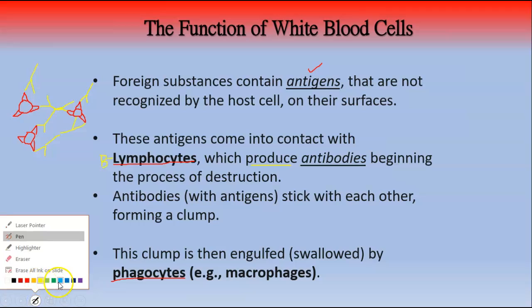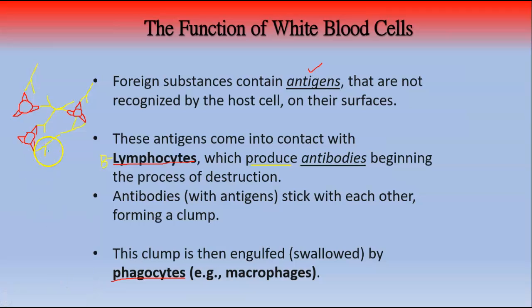So we have an antibody antigen complex here, another one here, one here, and here also. All these antibody antigen complexes would bind, the antibodies that form the complexes would